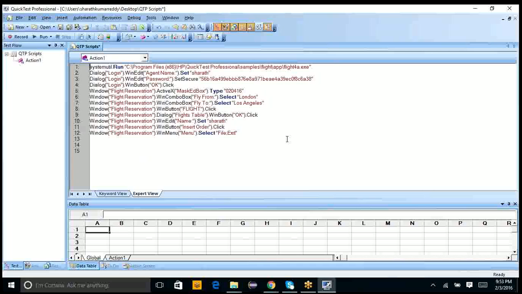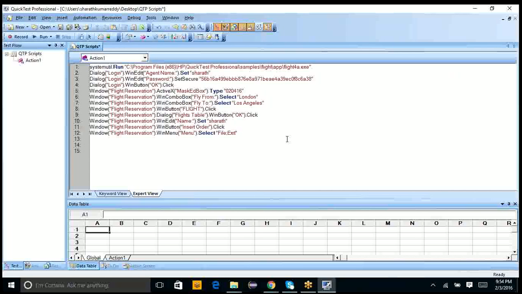Record the flow from login of the flight application till open an existing order, and update and delete as well. Till open, update and delete functionalities as well.